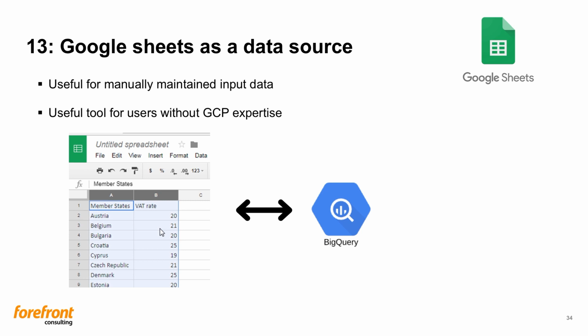One interesting feature is to use Google Sheets as a data source in, for example, Bigquery. In a recent project, we figured we needed a better way to input data manually to the system. So we created Google Sheets documents for this purpose and connected them to Bigquery. This makes it easy for someone without the GCP expertise to insert data into the system. It is pretty straightforward, and you can do it right in the graphical user interface as well as provision it using Terraform. Google Sheets is an application outside of GCP, so here it's important to keep a permission structure in mind that works. Permission can be controlled in different ways, for example using AD groups.